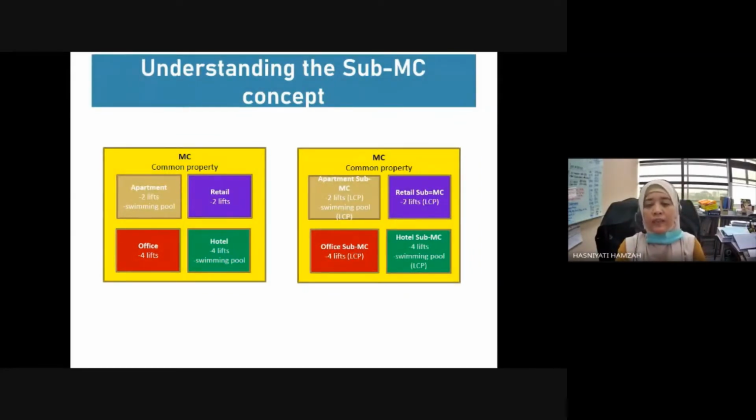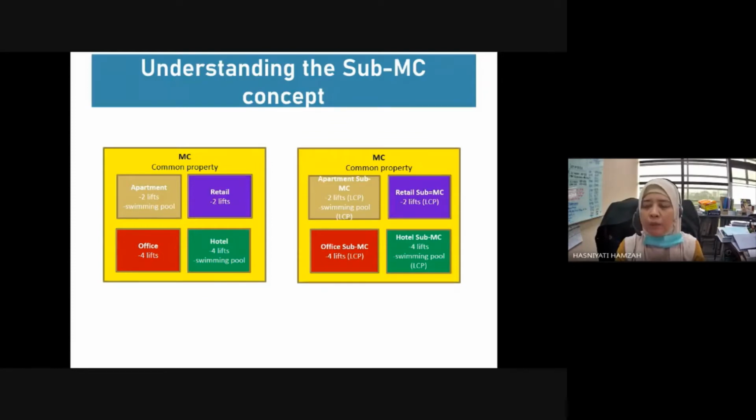We learn that there needs to be MC before sub-MC can be created. We also learn that the limited common properties need to be designated, needs to be clearly demarcated. Demarcated means perlu ditandakan supaya tak berlaku overlap di antara common property dengan limited common property. That is demarcation or designation. Number 3, we learn that for each sub-MC, they have to take care of their